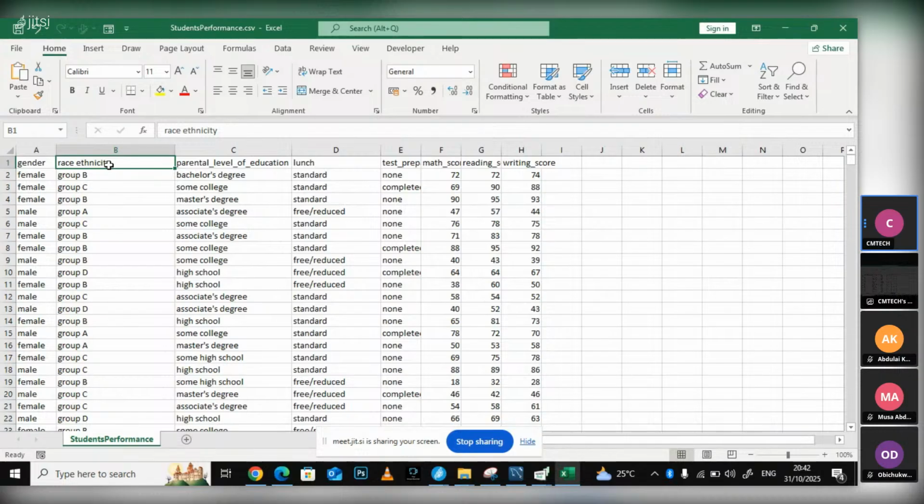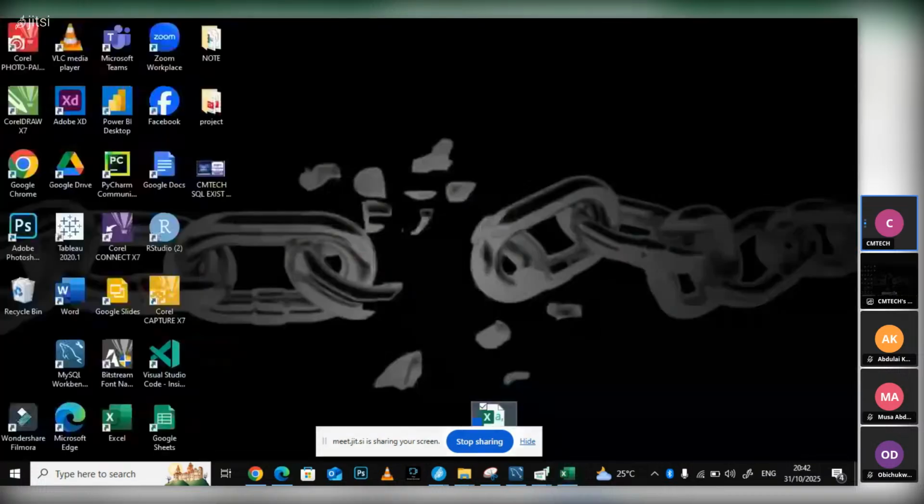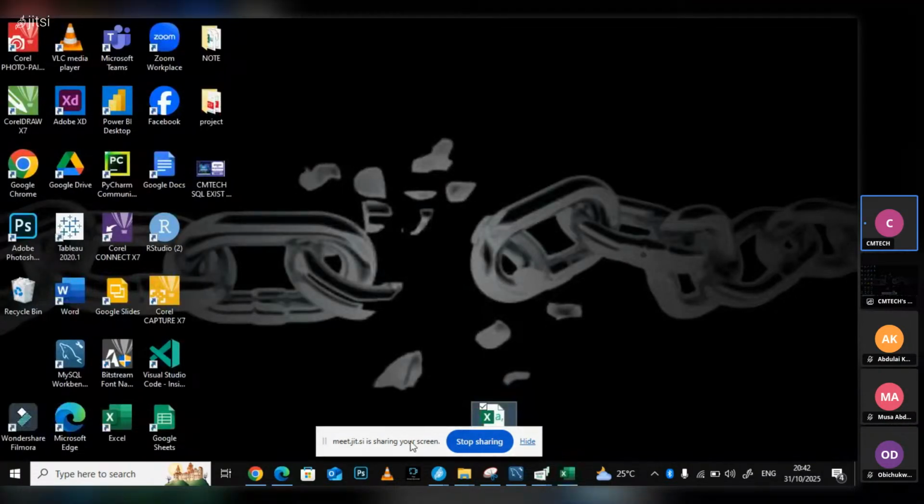Make sure you read your data in Excel, and if there is space in the header, use the underscore to fill it, so that SQL will have access to